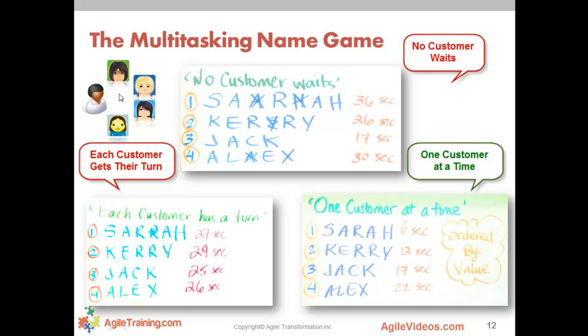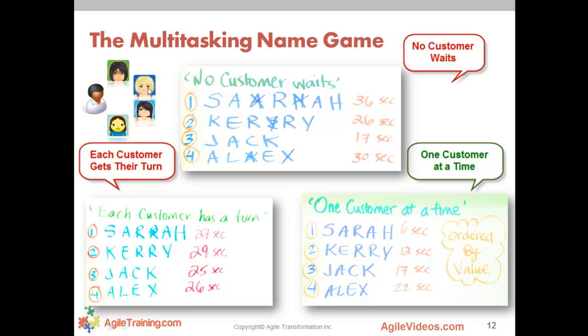I get 4 people to come up. Imagine these are the 4 people, and I have a worker bee. They represent a team member who needs to write 4 names, right, for each customer. So each customer has a name that they want written. And the first day that we do it, and this is what a lot of organizations do, is no